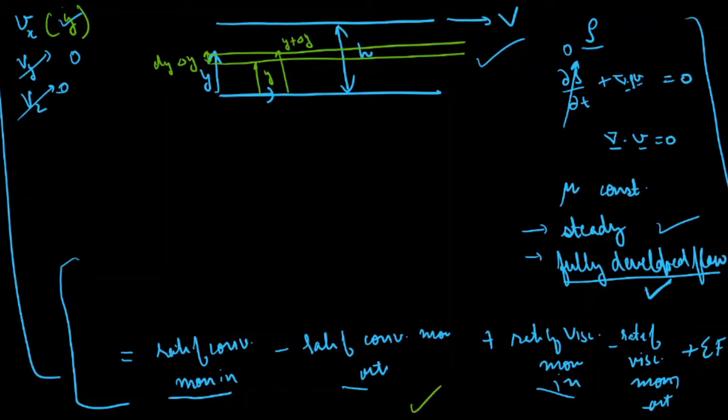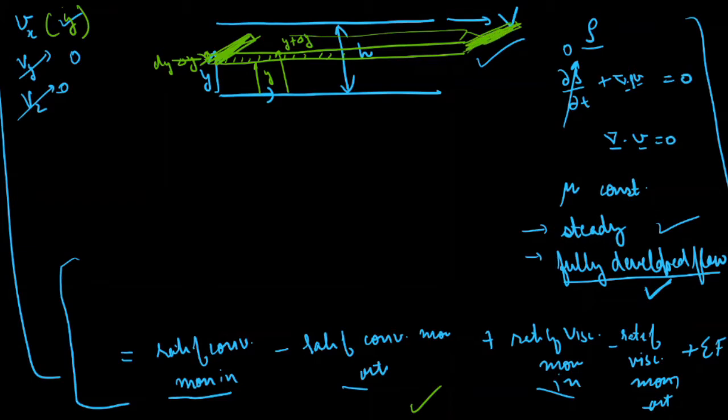To apply this equation in this particular element, you can consider this element to be 3D. So now the rate of convective momentum. Convective momentum can go in the direction of the velocity itself. So that means if velocity is in this direction, then the inlet of the convective momentum will be from this surface and the outlet will be from this surface.